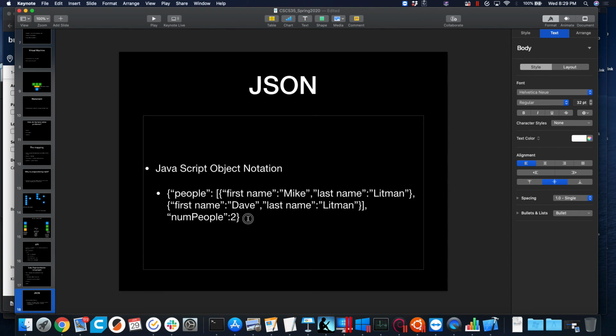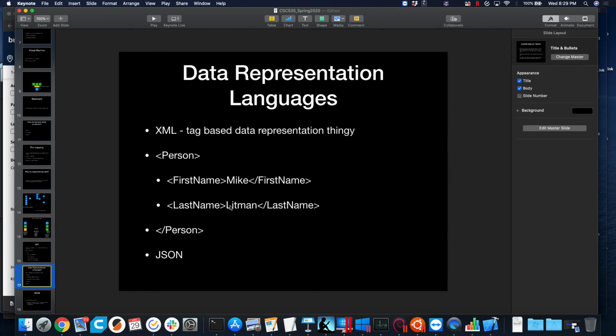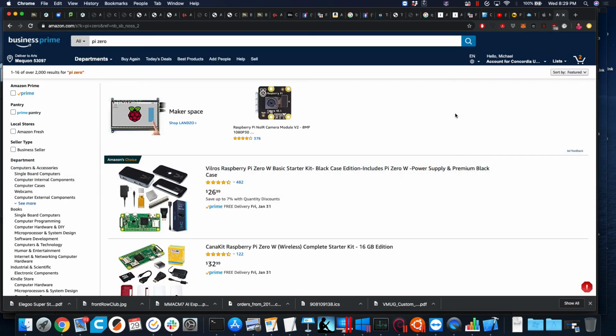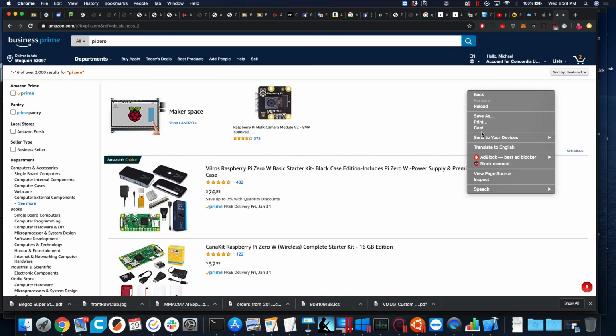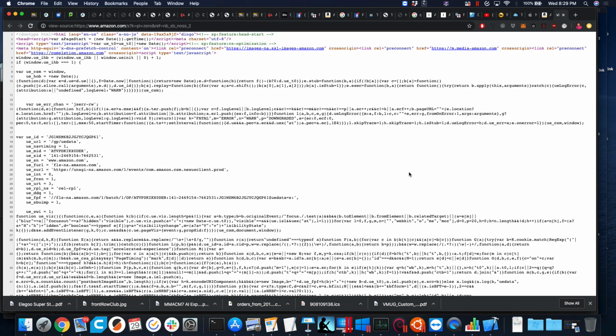All right, but this looks very programmy, right? And who's usually using the information that's being passed back and forth between software applications and APIs? Programmers, right? Even though we could look at something like this and read the XML, even though we could go to a web page, right-click and say View Page Source, and in some world, after that finishes loading, be able to read through that CSS and HTML, this isn't for human consumption, right?